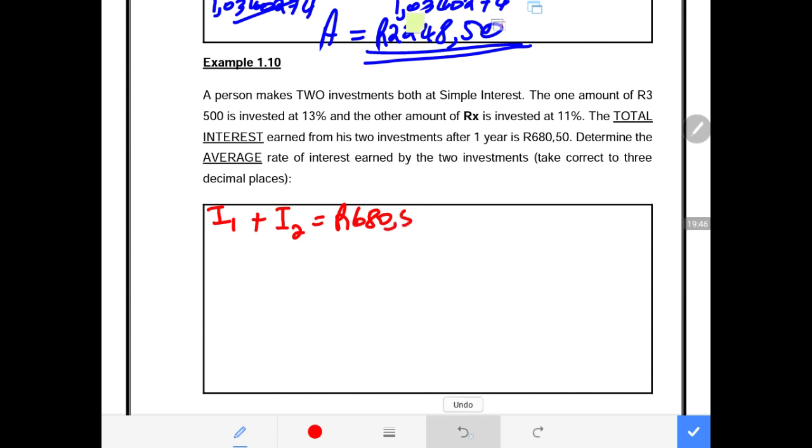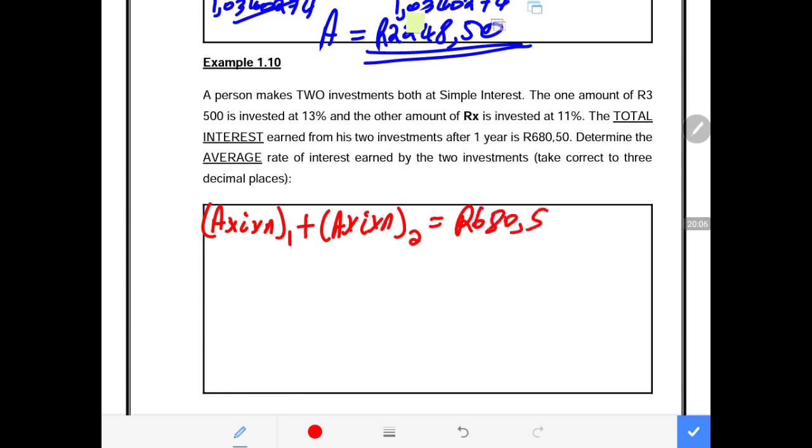How do we calculate the interest on an investment? The formula says A times I times N for the first investment plus A times I times N for the second investment. This gives us 680 rand 50 cents. So we need to substitute our A for the first investment, which is 3.5,